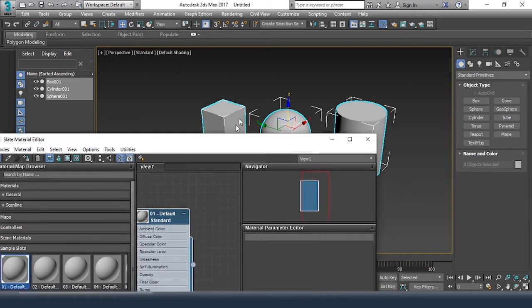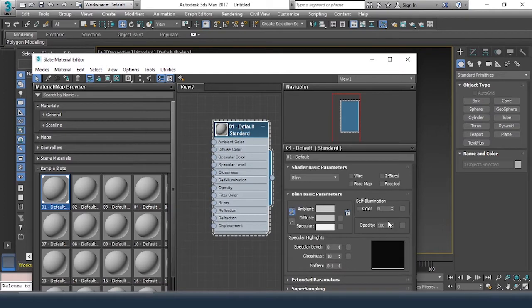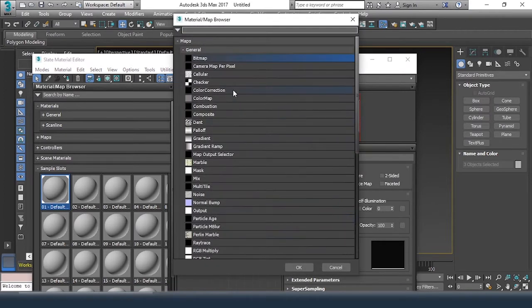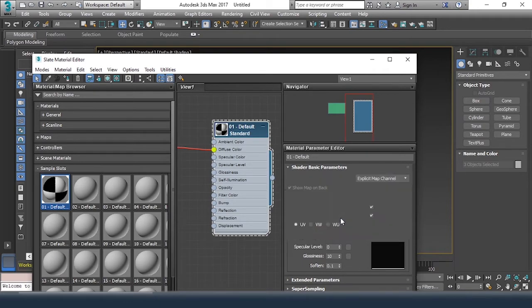Fine. Now I'll double click on this and assign a checker, say OK, that's it. And one more thing, I'll get into the properties of the map.